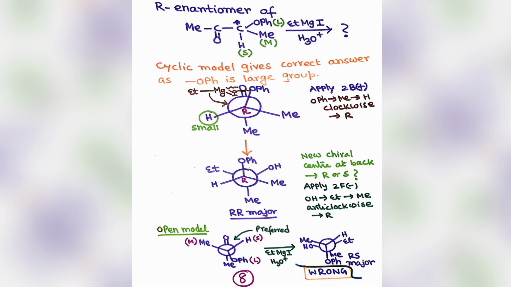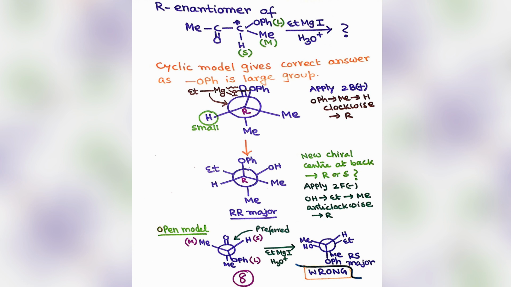After writing the major product in the staggered form, we apply this concept to find the absolute configuration of the newly generated chiral center. The old center is R, but the new center is at the back side, so again we do the priority: OH is the first priority, the old chiral center is the second priority, ethyl is the third priority, and methyl is the fourth priority. The second priority group is coming forward towards the viewer, so we apply 2F minus. OH to ethyl to methyl appears anti-clockwise, meaning R. So R is the major product, and the same answer